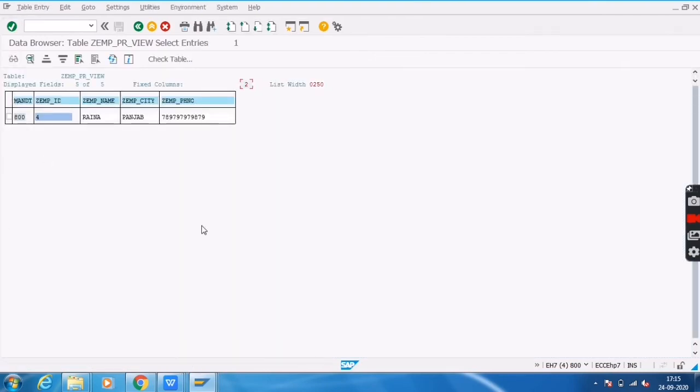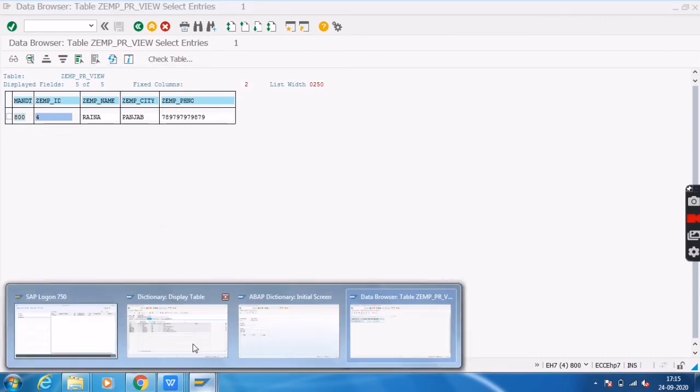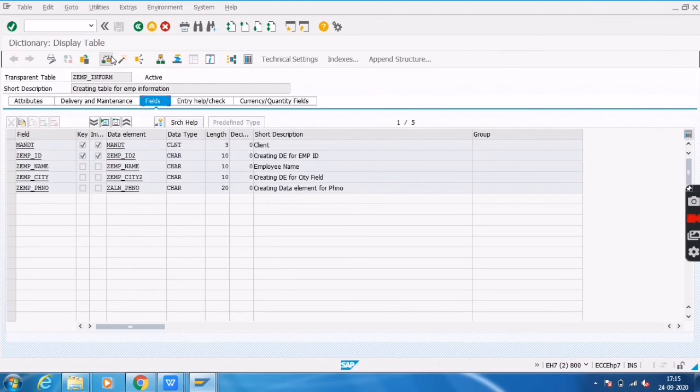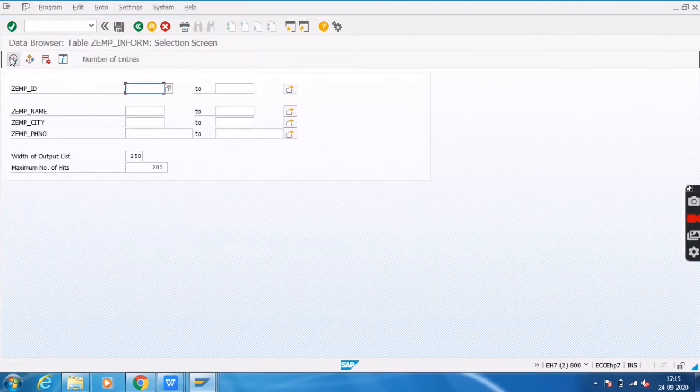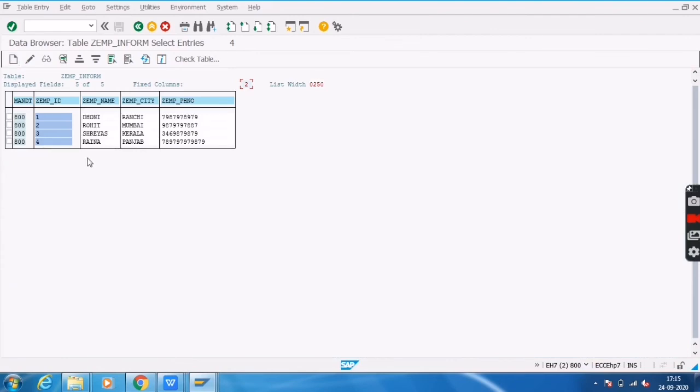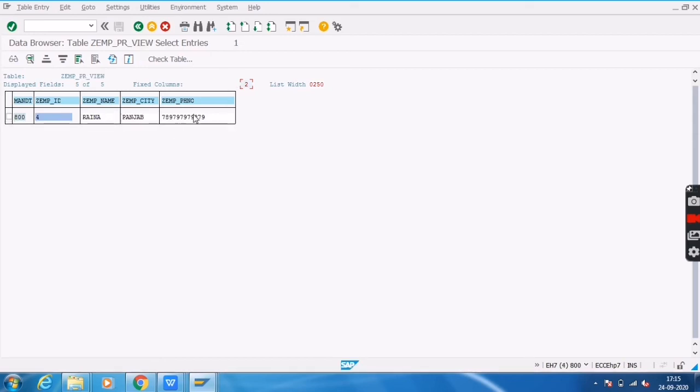See this one. The fourth record from the employee information table is Raina, from city Punjab. This is his phone number. This is the way how to create a projection view.